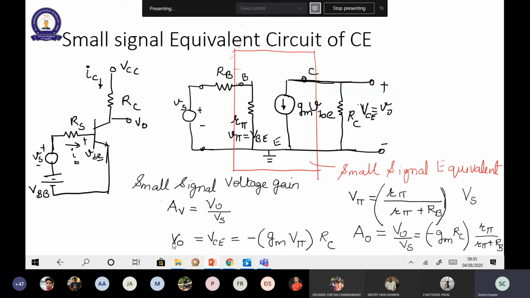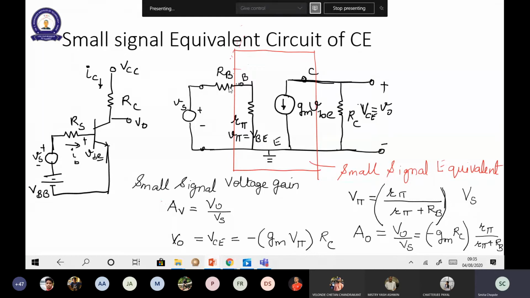So V0 is an AC signal which is sinusoidal. It depends on the nature of the AC signal you give, or we are using for analyzing the amplifier. We can use any of the three which are available in our laboratory: sinusoidal, triangular, or a ramp. Those are mostly available in our function generators. So we'll be selecting a sinusoidal signal, and here the output AC voltage you get is gm V pi